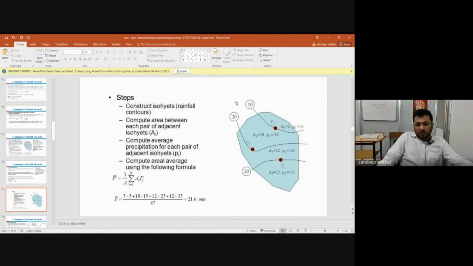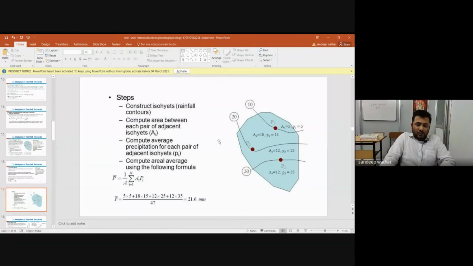This is a very old method. Now we do not use the isohyet method. As I explained, the modern method is to divide the area into several grids, and earlier we didn't have computers to formulate and maintain all that data. So in those days such techniques were used. Right now they have become obsolete, but it is still in your syllabus. That's why I'm explaining it. So isohyet maps are there.